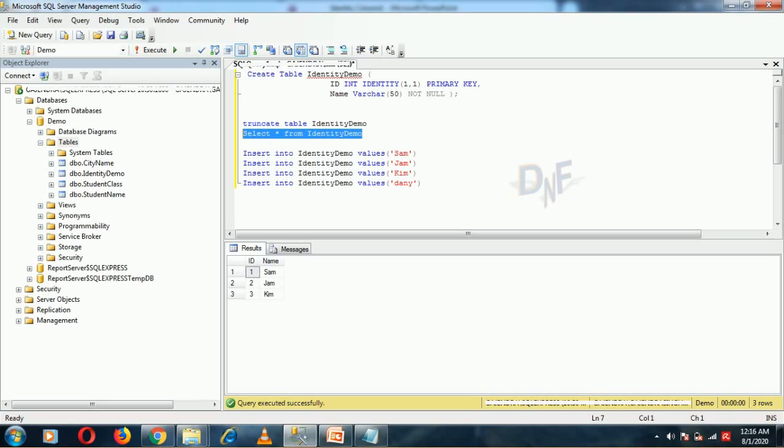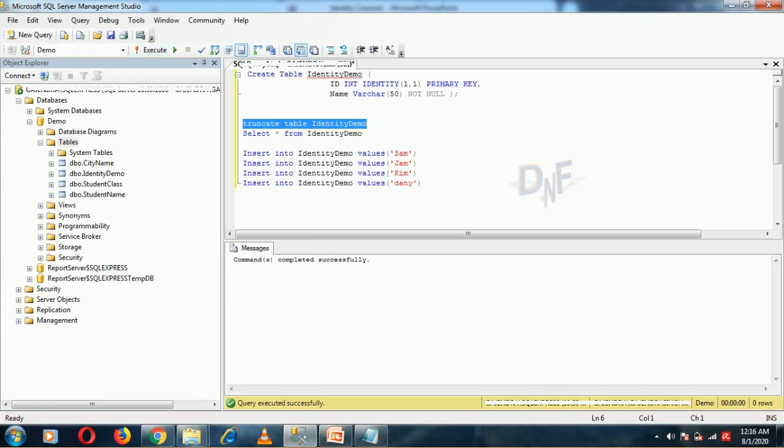One thing we can also see is that when we execute truncate command on that particular table where identity column exists, it resets the identity column. If I execute truncate command for that particular table, okay, successfully executed, then we select.